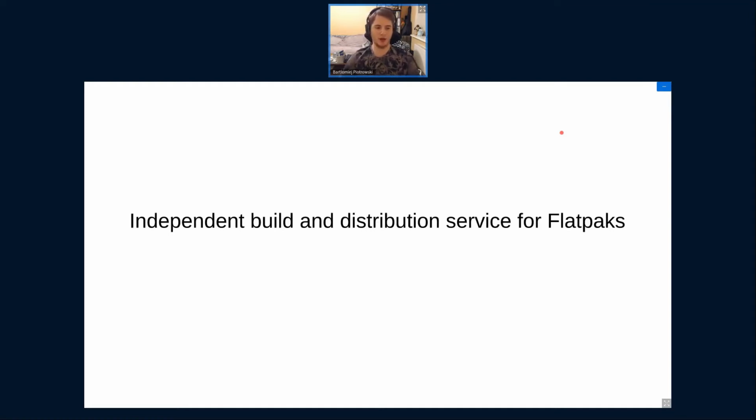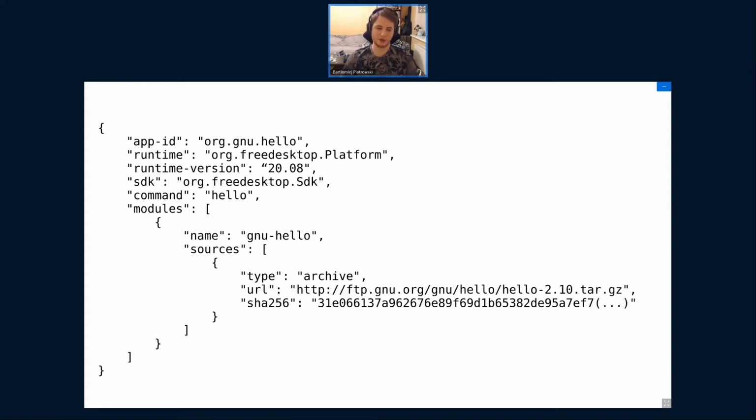If you have listened to Alex's talk 1 hour ago, I think, then you know more or less what Flatpak does, so I won't be repeating a lot of this. But the general idea is that Flathub is the build and distribution service for your application using Flatpak, given that someone else takes care of all the infrastructure and all the knobs that you would need to care about otherwise. This is accomplished by very simple JSON or YAML. So there are very few magic commands involved.